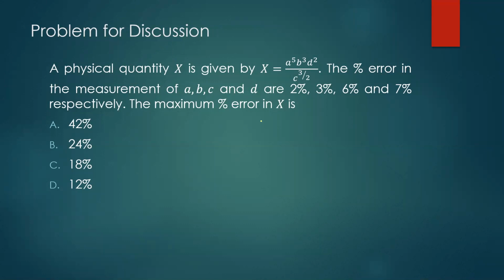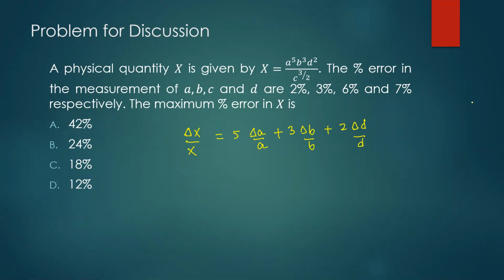But the problem is we will first get the relative error. So relative error is basically the addition of relative errors in each of these quantities. Okay, and then the relative error, if multiplied by 100, I'll get the percentage error. So I think you are okay here. I'll get 5 times because I'm multiplying A 5 times. So delta A by A plus 3 times delta B by B, plus let's say 2 times delta D by D, and then that's very nice.